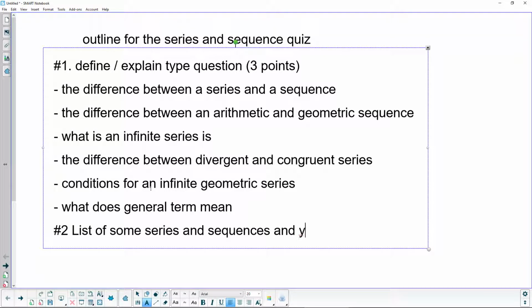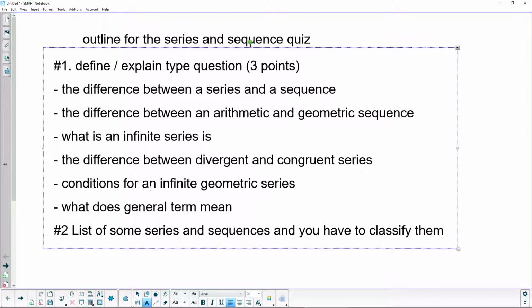And you have to classify them as neither, or sorry, gotta spell that right. Okay, they could be a neither, they could be an arithmetic